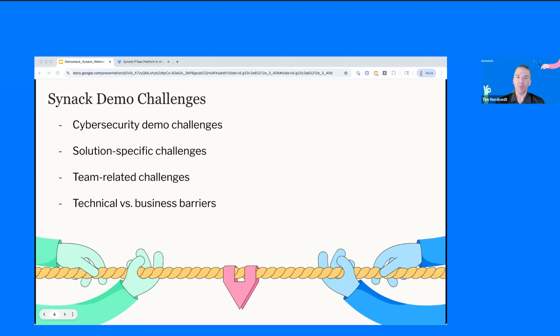And also from a personnel perspective, demos were exclusively owned by the solutions architect team. The account executives, they were intimidated by the environment because they